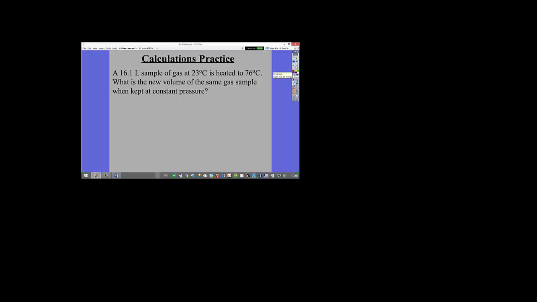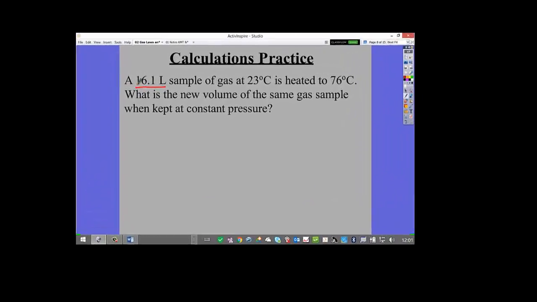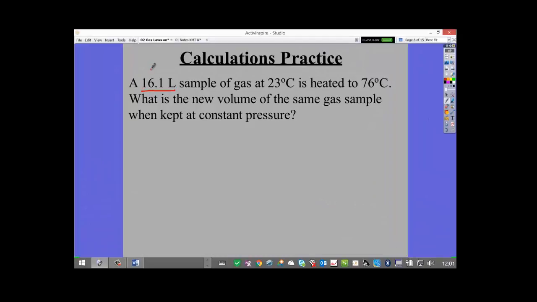So the first value that they're giving you is 16.1 liters. What is that? Volume. So I'm going to label it as V, okay? Then it says 23 degrees Celsius. What is that? Temperature. It's heated to 76 degrees Celsius. What is that? Another temperature. So I'm going to go back here